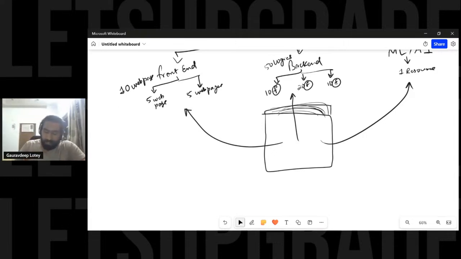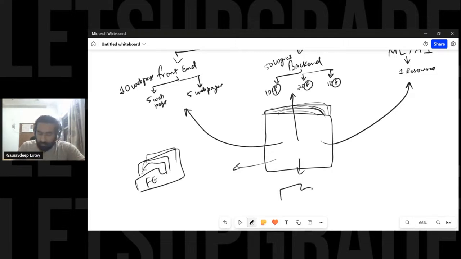ब्रांचिंग क्या करता है, it makes copies of these folders, ठीक है। जैसे यहाँ पर एक कॉपी बना दी गई है फ्रंट एंड वालों के लिए, इसमें सभी फाइल्स हैं, एमएल की भी फाइल है, बैकएंड की भी फाइल है, फ्रंट एंड की भी फाइल है, सब फाइल है। यही कॉपी बना दी गई है बैकएंड वालों के लिए। What is happening here, बैकएंड वालों के लिए भी सब फाइल्स इसी फोल्डर में है, और एक कॉपी बना दी गई है एमएल वालों के लिए। तो यहाँ पर ये फोल्डर में भी सारे के सारे फाइल्स पड़े हैं, ठीक है।